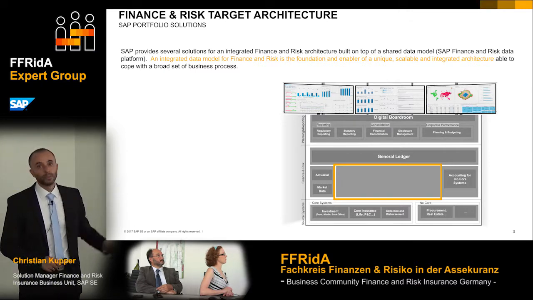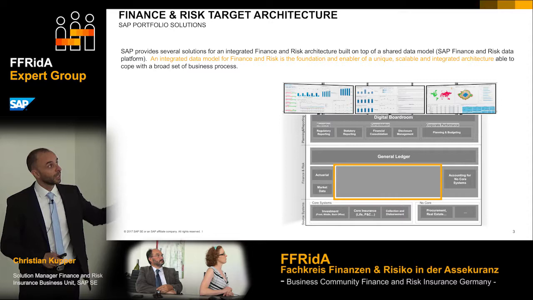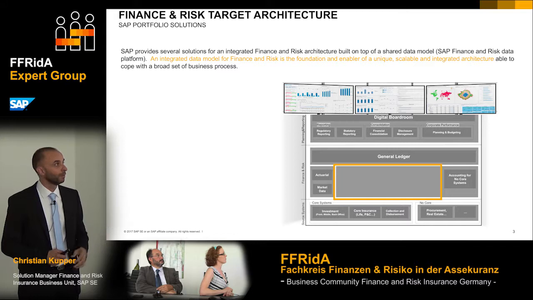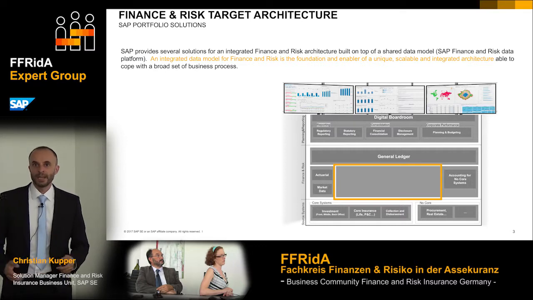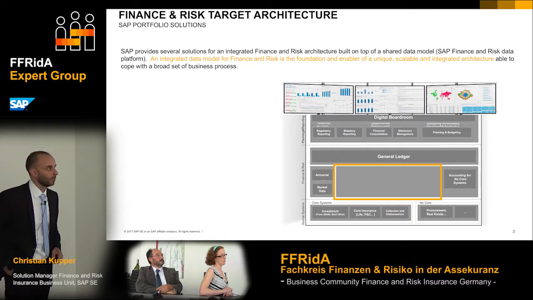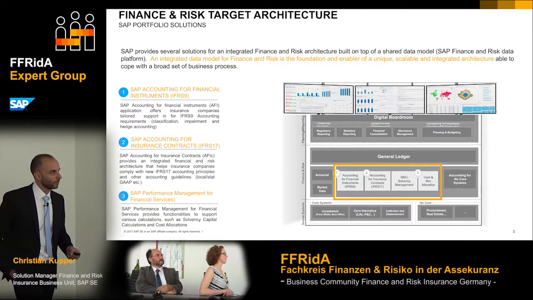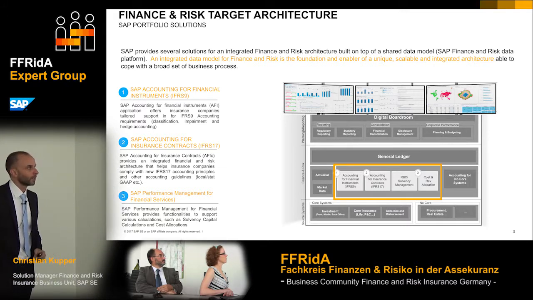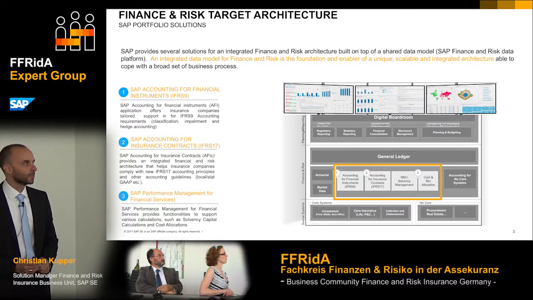All that goes together with SAP's wider reporting approach, the digital boardroom, to run live business with data out of all the different areas you see. With now the Insurance Analyzer product family, and yes, it's not a single product, it's a family of products, we basically fill this space between the operational world and the group or the wider finance functions for general ledger, planning, and so on. So in here we have 4 different products these days.